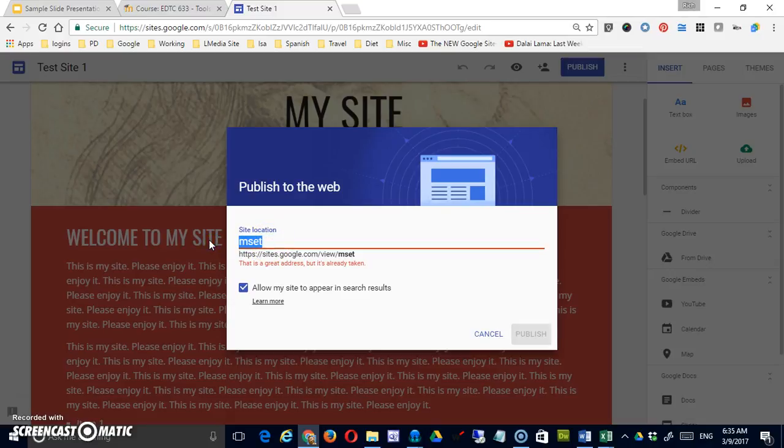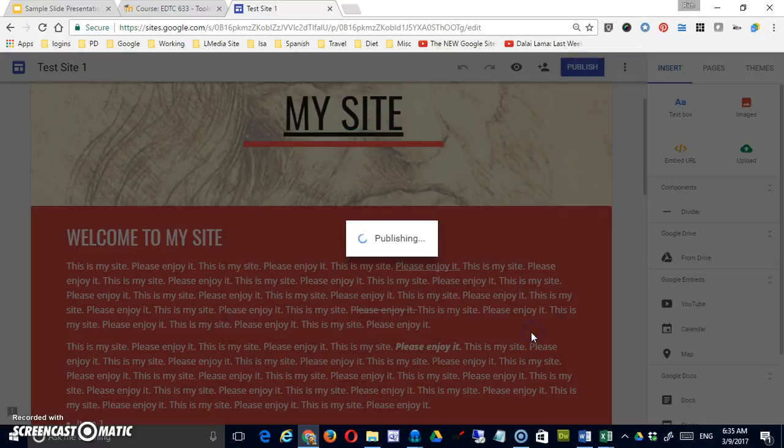So I can try something like, so that becomes unique at this point, although someone else may use that in the future, so maybe I'll add a few things to it to make it less likely. At this point I can add something more meaningful at the end. Considering the type of site, that's not overly meaningful, but it's something. It'll take a second to check it out, and when it finds that that's unique, the Publish button will become active. I can click Publish,